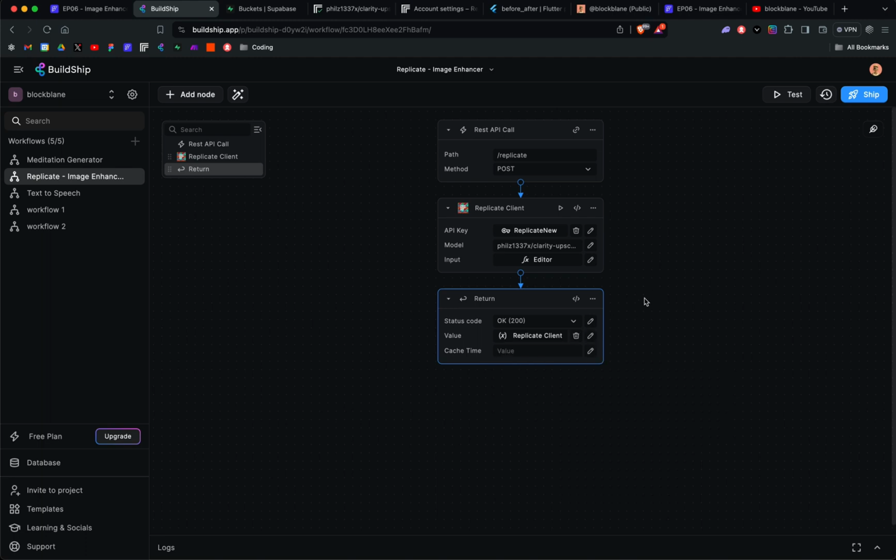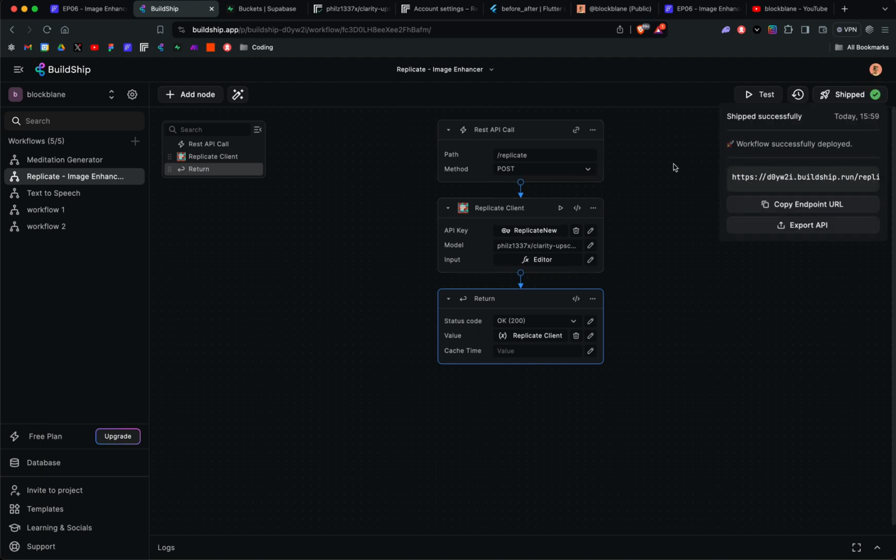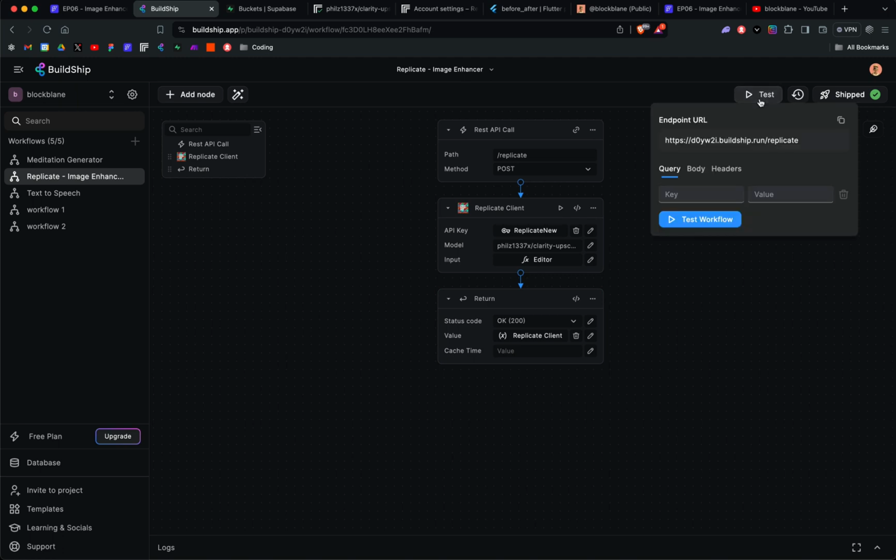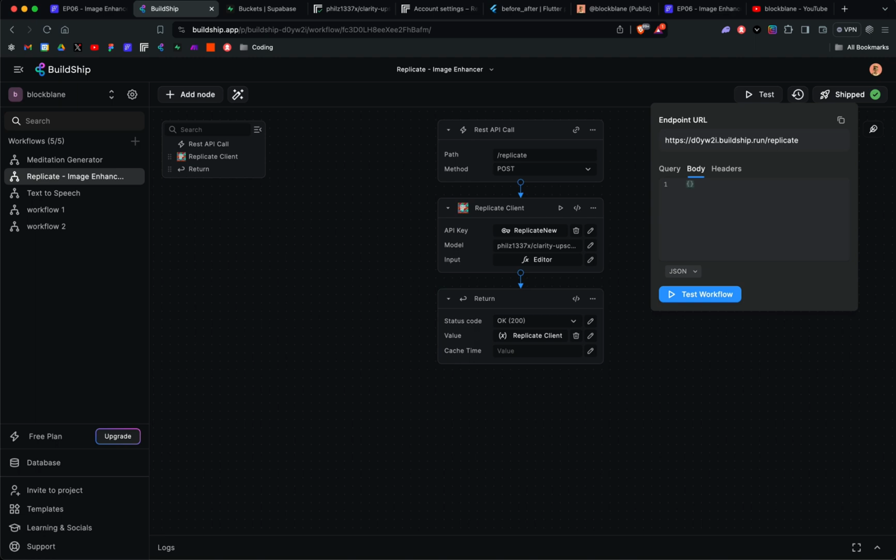So what we can do, we need to ship it. It's already kind of shipped. And when you set this up for the first time, you can test it out before you try and integrate it with FlutterFlow, just to see if this whole workflow is working. So what we'll do is the test, and within here we will do the